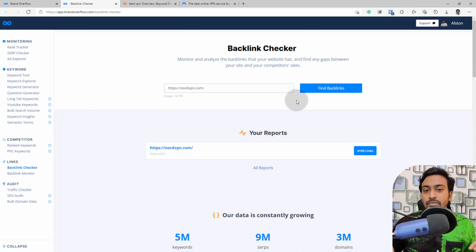Again, the data is very low compared to something like SEMrush or Ahrefs, which reduces the accuracy a bit. But if you are a beginner, you don't have access to any other tools, then it will be a good place to start for you. So it found 4,100 links, but I'm 100% sure there will be more than that actually for this